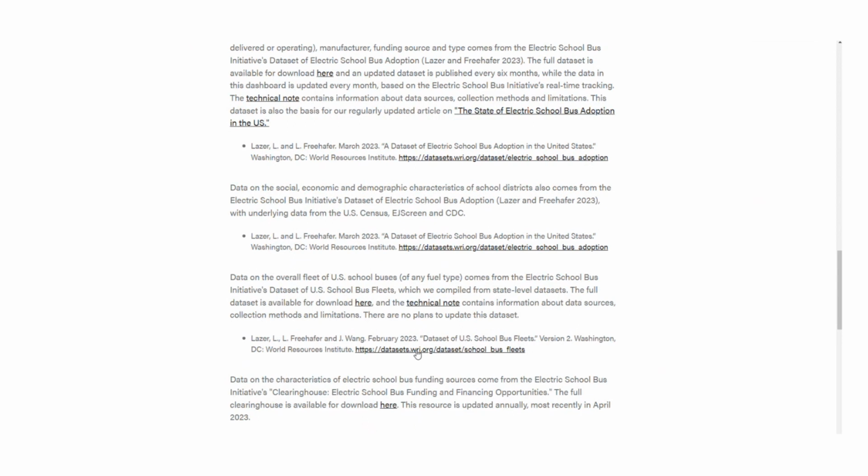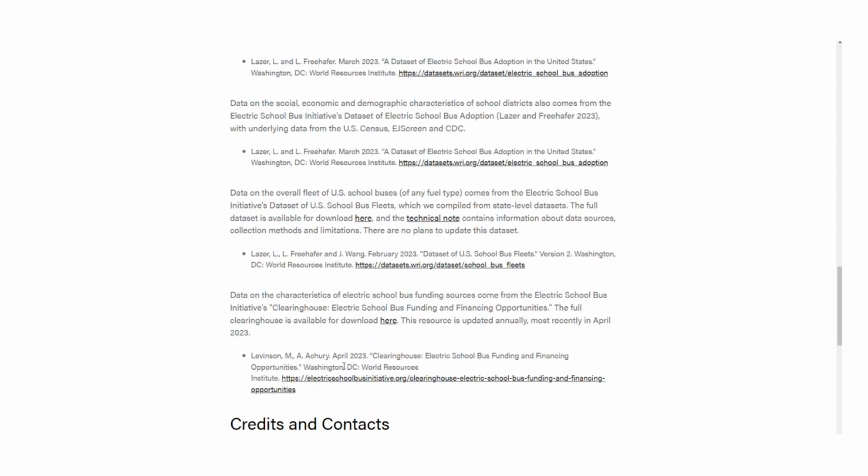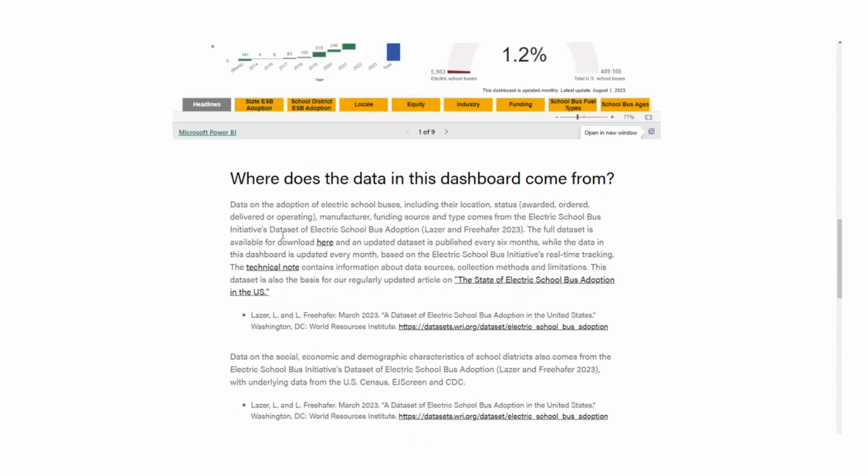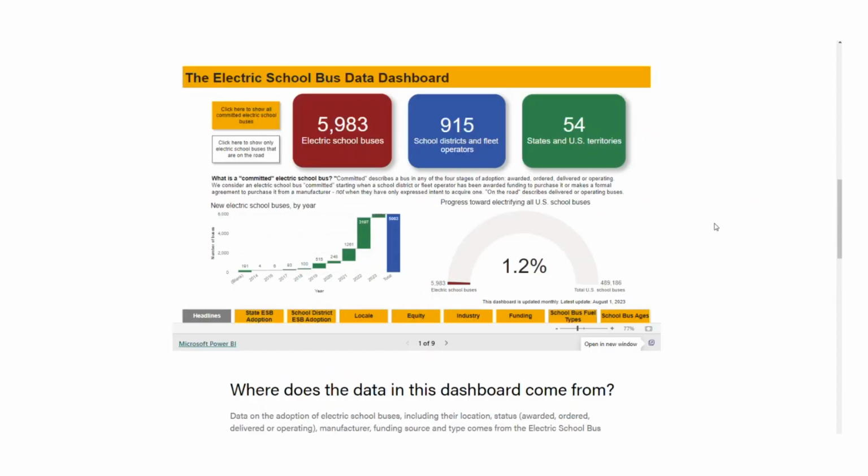The dataset of U.S. school bus fleets, which we compiled from state-level data on bus types and fuel types, and the Clearinghouse of electric school bus funding and financing opportunities. More information and links for all of these datasets are